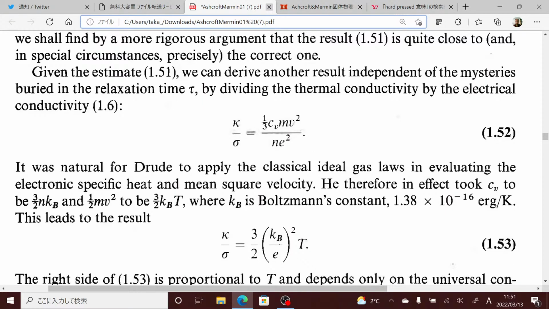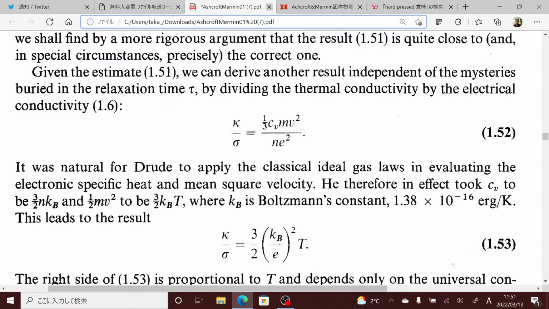Given the estimate 1.51, we can derive another result independent of the mysteries buried in the relaxation time tau by dividing the thermal conductivity by the electrical conductivity: kappa divided by sigma equals 1/3 c_v m v squared divided by n e squared. (1.52)